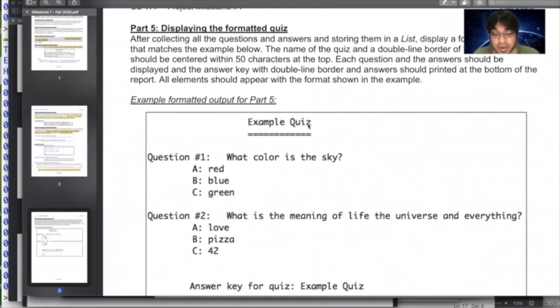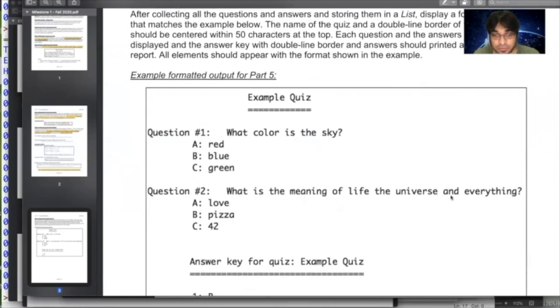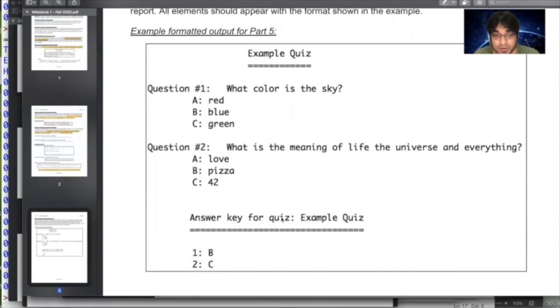It could be any name given by the user, with the first letters capitalized. Then question 1, with a space there. What color is the sky? The 3 choices. What's the meaning of life, the universe, and everything? 3 choices. Then the answer key for the quiz, and the name of the quiz.